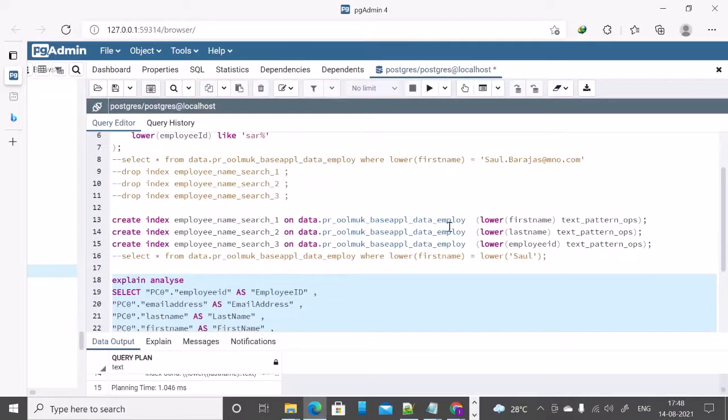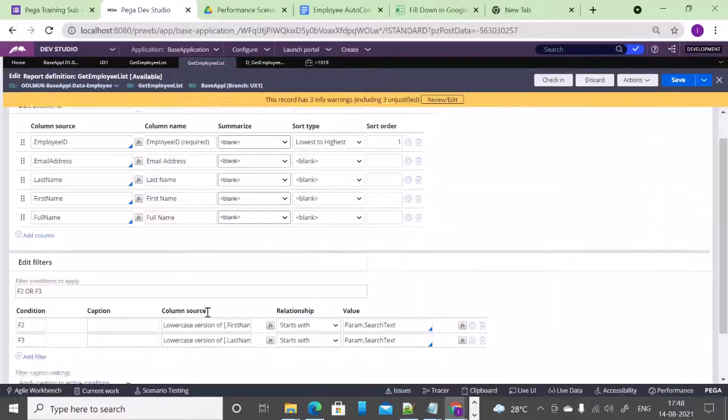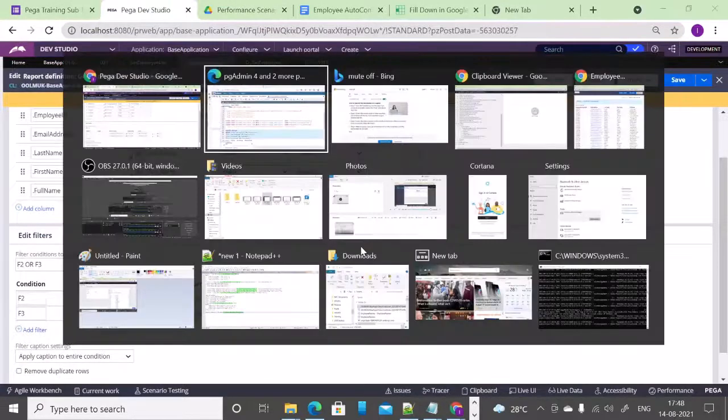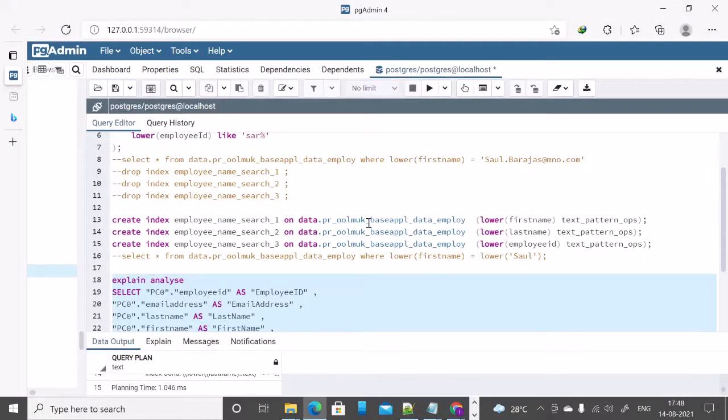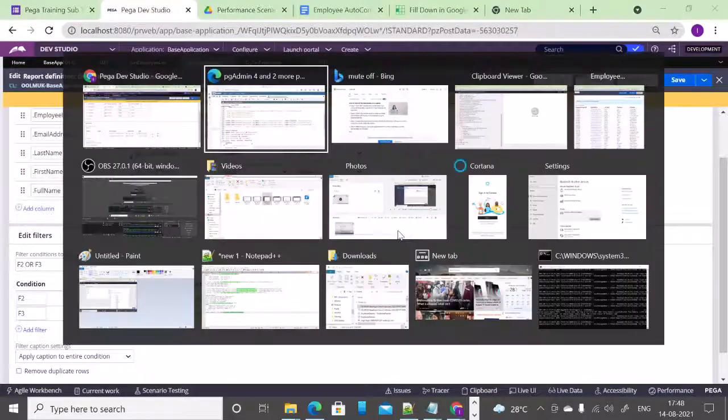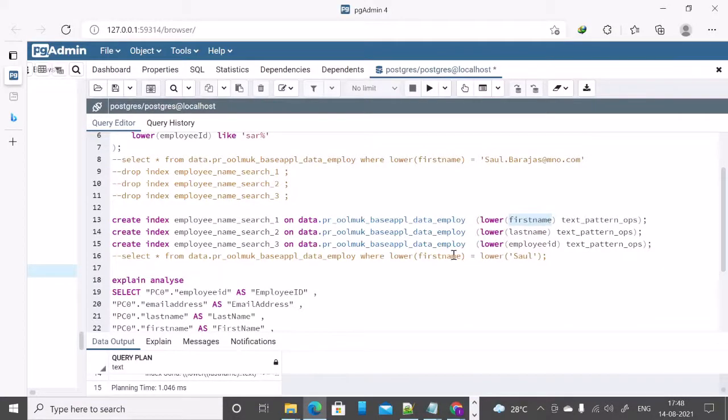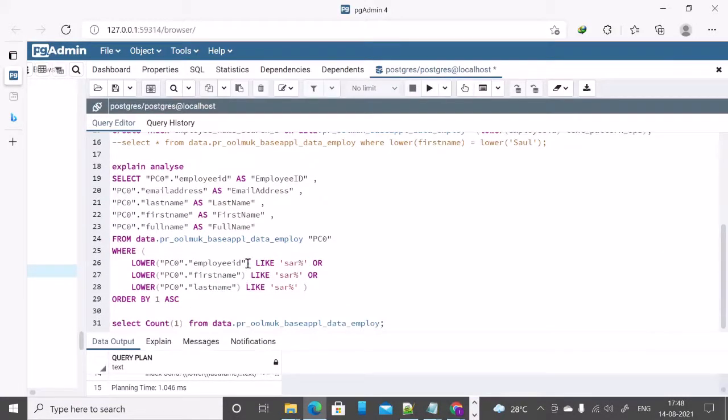Before I check in, I just want to explain a couple of things about the ignore case. We did an ignore case on the report definition, right? For the first name I just did the lowercase. So when I create the DB table index, before the index is created, it is done with lowercase. We are not converting the column data into lowercase, but in order to index the data, before the data is indexed, I'm converting it to lowercase. In that way I'm doing the comparison using lowercase, as well as the index being created in lowercase, and that is how the search is faster.